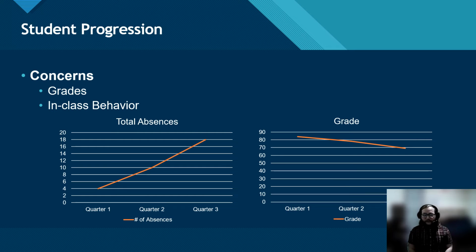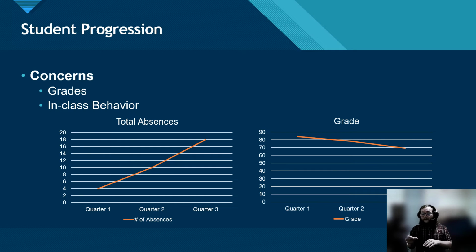Now, the student progression and the concerns that I've seen within the student is that her grades have been slipping throughout the year, and her in-class behavior has been a major part of that, as well as her total absences. As you can see from the graph on the left, we have her total absences for quarter 1, 2, and 3. Quarter 1, we start with 4 absences. By quarter 2, we get to 10. And by quarter 3, we get to 18. That's a lot of absences for one student in one school year. 18 is a very high amount,